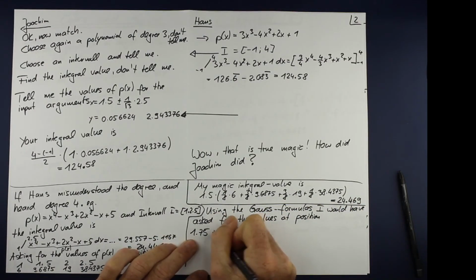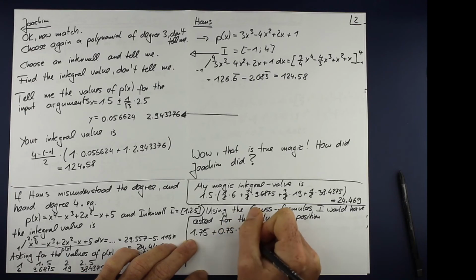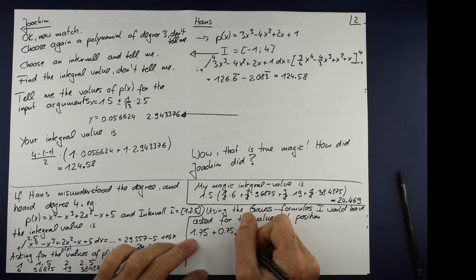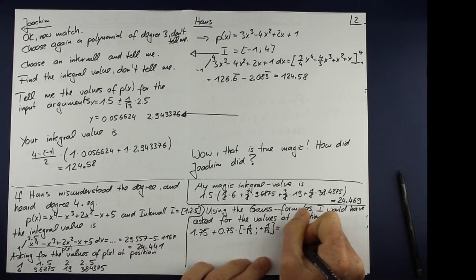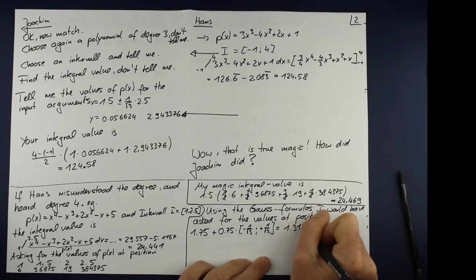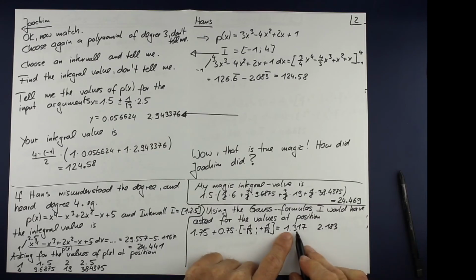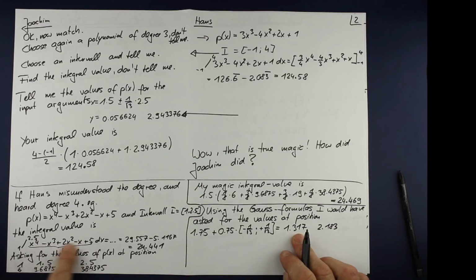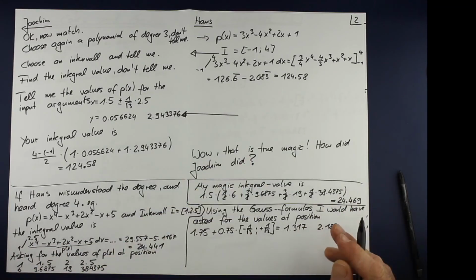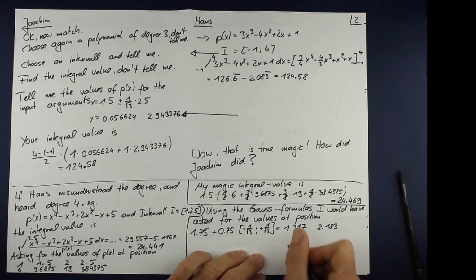Midpoint of interval plus half interval length times minus 1 divided by 3 plus 1 divided by 3, and then this is 1.317 and 2.183. I ask Hans in that case, please give me your polynomial value at position 1.317 and all the digits following, I'm also telling him, and then he will answer me